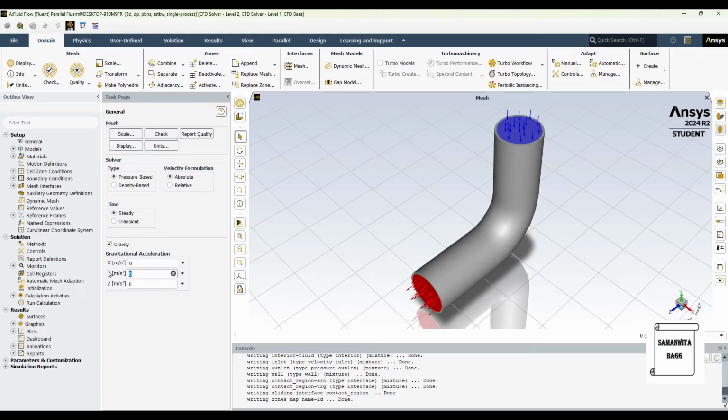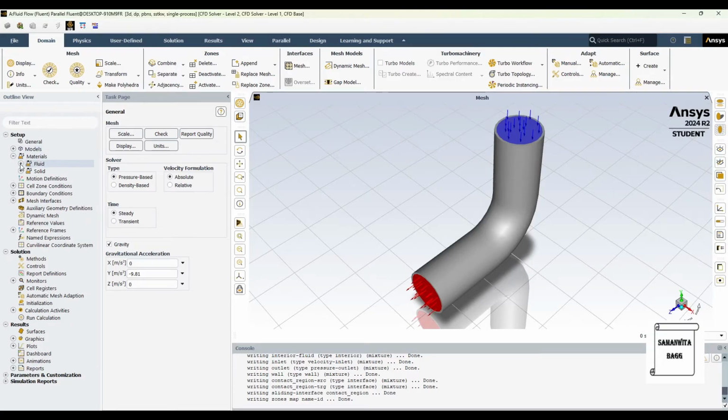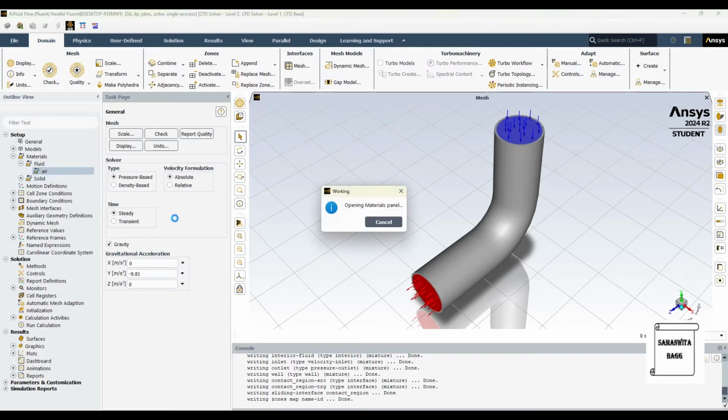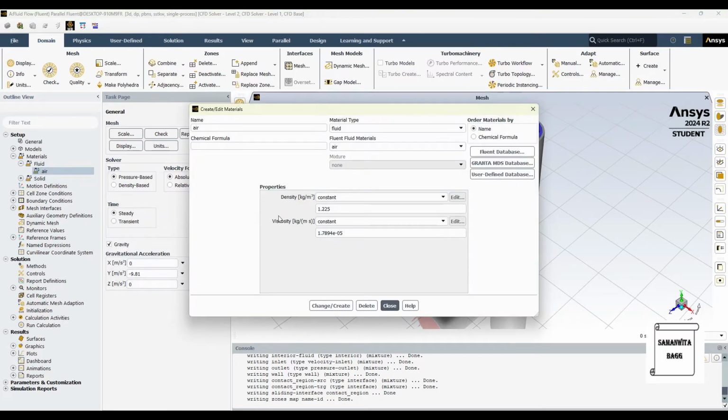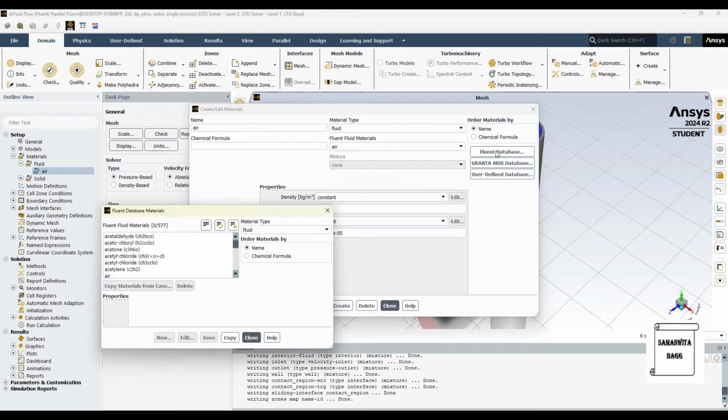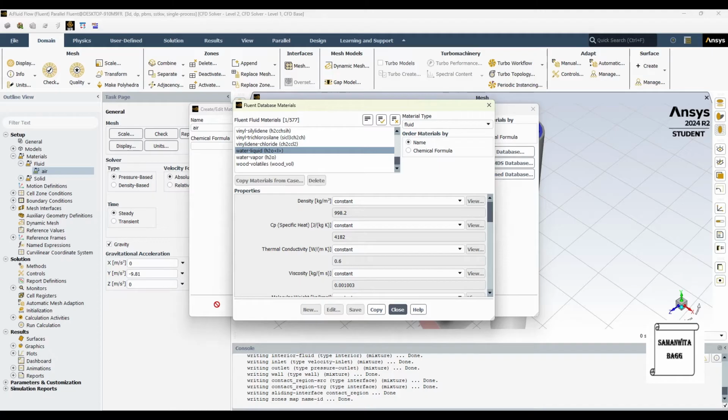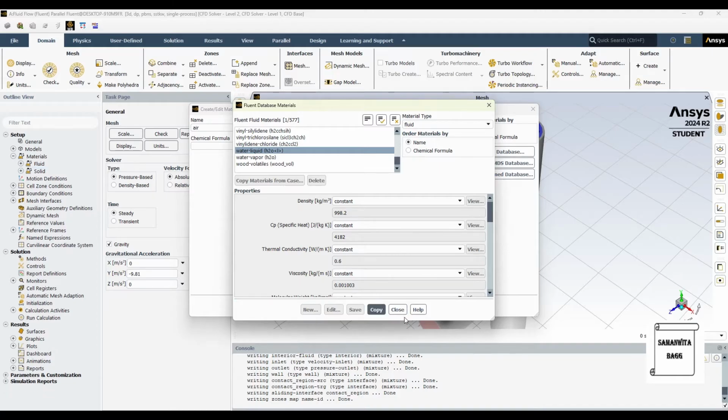Along the y-axis, I'll give the value as minus 9.81 meter per second square. Then I'll go to materials. In fluid, I'll double click on air such that I'm able to select the material that I want. Click on fluid database and here I'll select water liquid, copy, close.